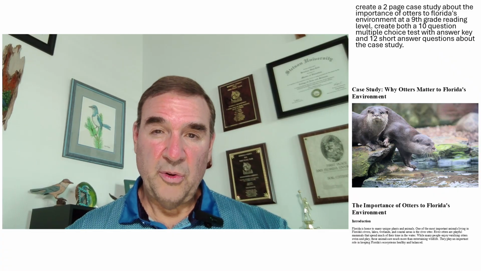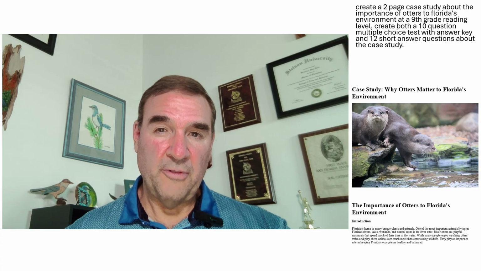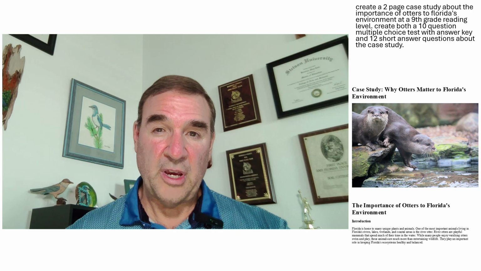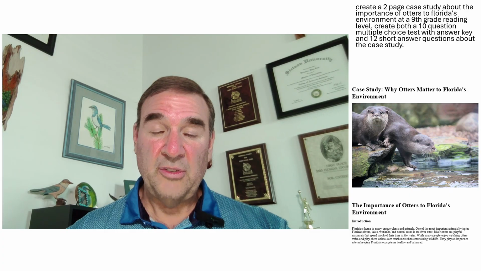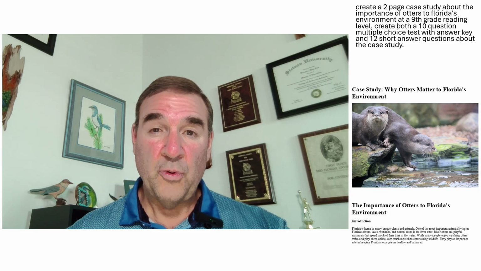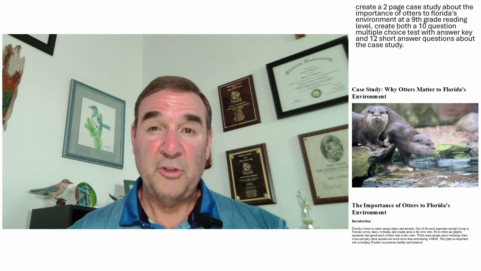Okay, so what I'm going to do is make learning relevant to what my students are interested in. Specifically, this young lady was talking to me about otters, and I have two gentlemen who are interested in redfish. So now, whatever standard it is I want to tie into this, I can go into ChatGPT and tie it into trophic pyramids, food webs, the flow of energy in ecosystems, invasive species, predator-prey relationships. I just tell AI how I want it to be incorporated into the case study.